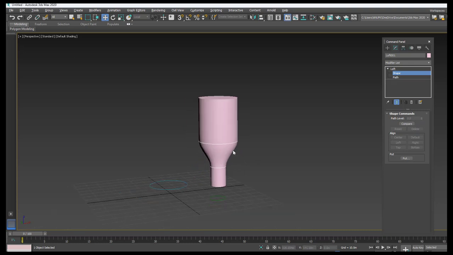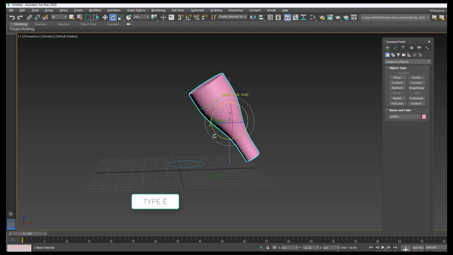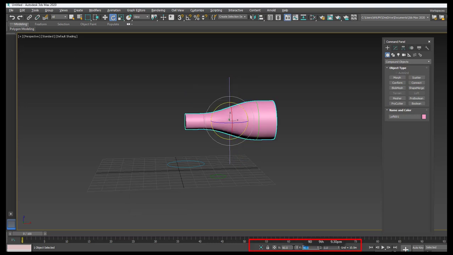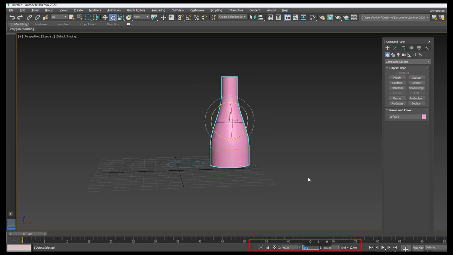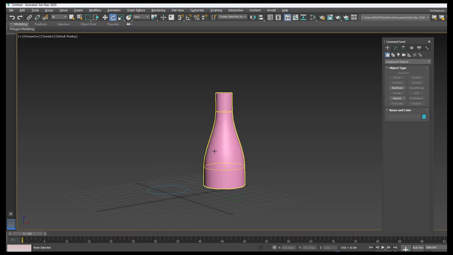And then if you want to rotate the whole object, once you are done with the loft, you can go with the rotate command to rotate it.